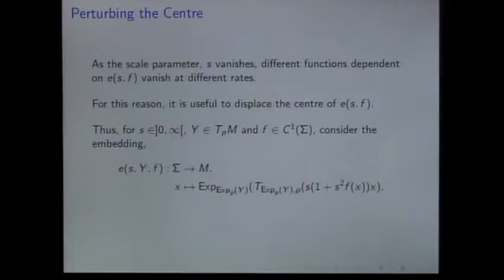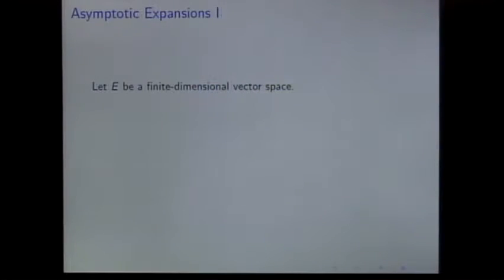And the reason why we do this is to compensate for the fact that different things are converging to 0 at different rates. And now we define this function h. And h, which depends on s, y, and f, is simply the mean curvature of this embedded sphere, this thing here, at that point x. Okay? So the point is, we want to make suitable choices. In order for Yi's construction to work, we want to make suitable choices of y and f so that h is constant.